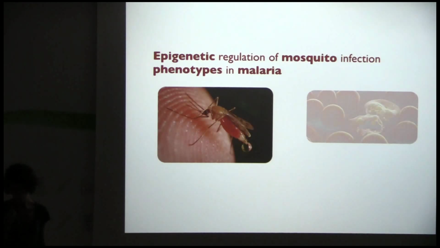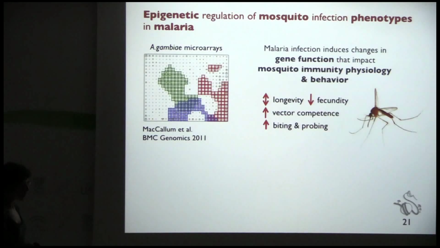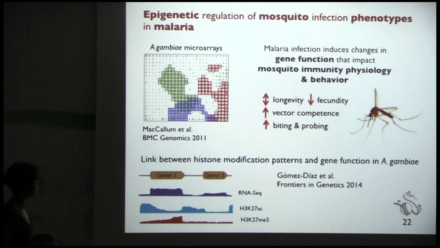Now I'm going to present the results on the mosquito side. In the mosquito we know that a malaria infection causes a number of changes at the level of the phenotype, and this affects life history traits such as longevity and fecundity, and also affects vector competence. But we don't know about the mechanisms that regulate these phenotypic changes. In previous studies, we